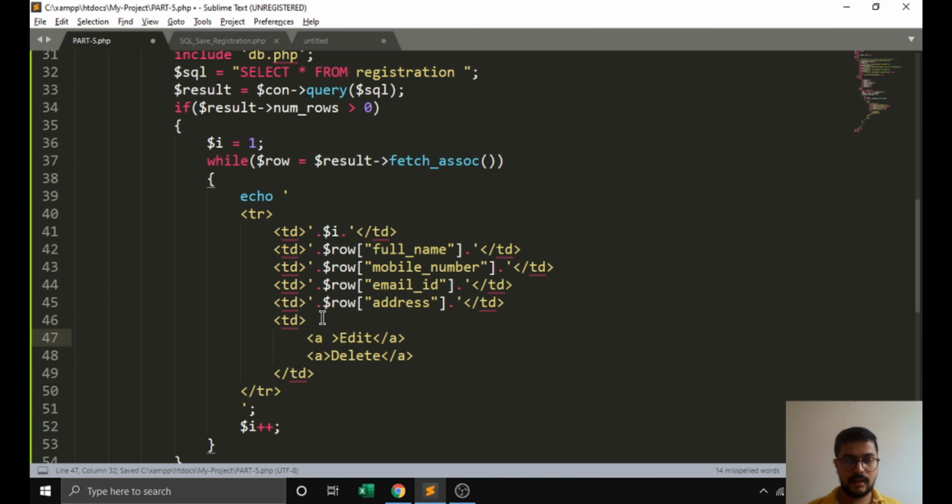We have to pass the href attribute for edit and delete. We can directly pass the URL here, or pass parameters to a particular page.